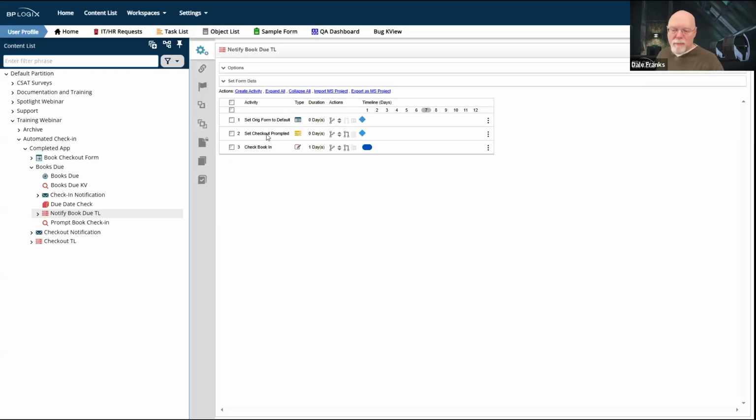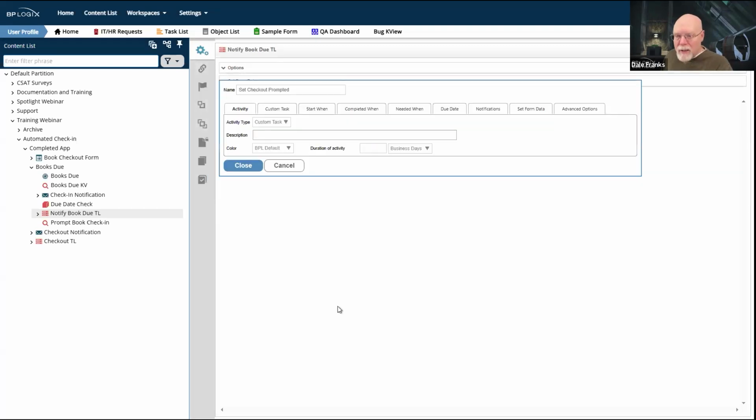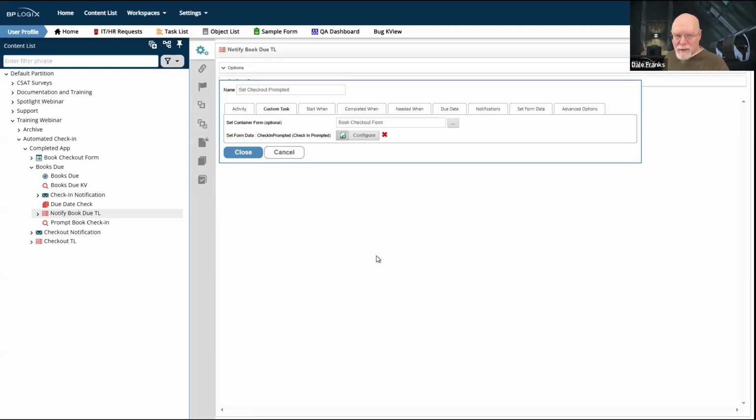Second thing we're going to do is change one of the fields on the form. I have a second activity that is a custom task activity that runs the set form data custom task. Technically, I don't have to do this.